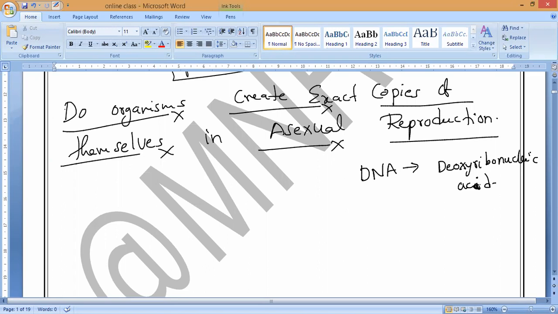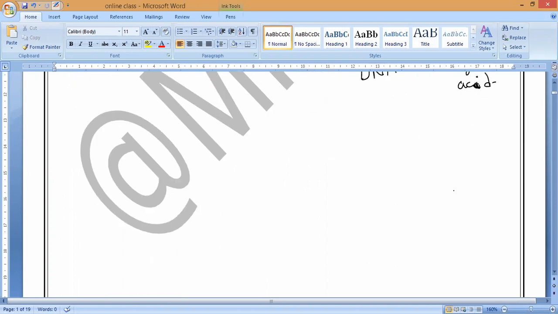Now, in asexual reproduction, basically they produce genetically identical offspring only. They will produce similar offspring, but genetic variations sometimes arise, understand, due to occasionally inaccurate DNA replication. So during cell division, if DNA replication is not done properly, if DNA copying at the time of cell division goes wrong, due to some conditions or some new situation